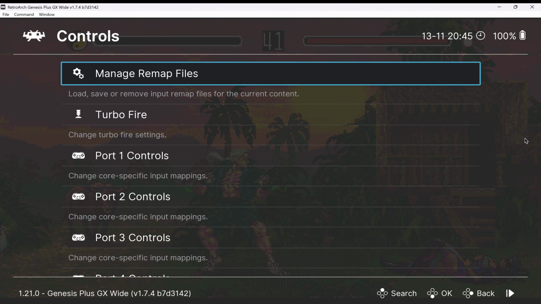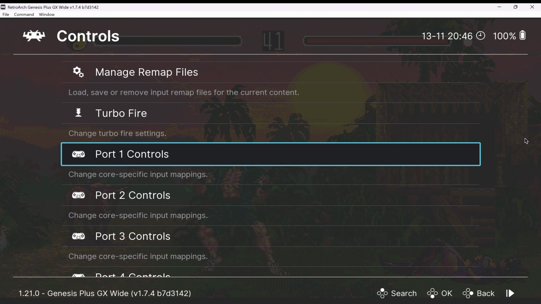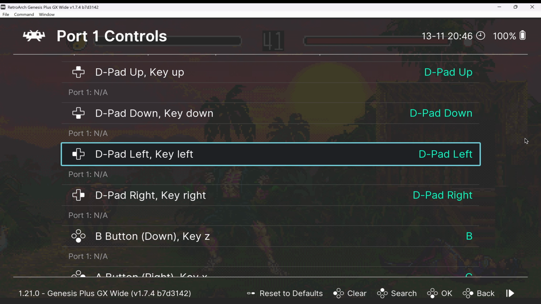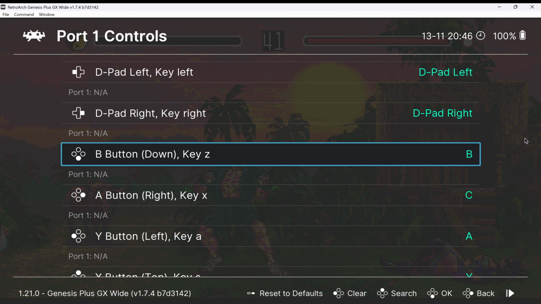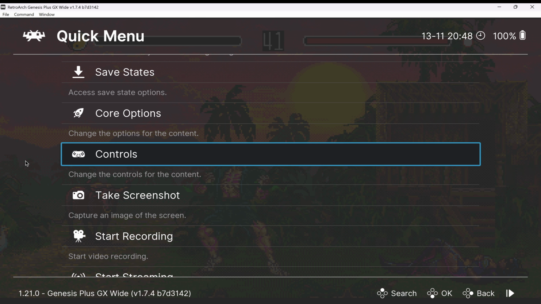and over here you're going to see different ports. Port 1 will be the controls for player 1 and port 2 will be the controls for player 2. If you go into port 1 control, then here is where you can map out the different settings. For example, if you want to click the B button on a Genesis controller, then you can press Z on your keyboard. If you right click, you will go back to the main options list,